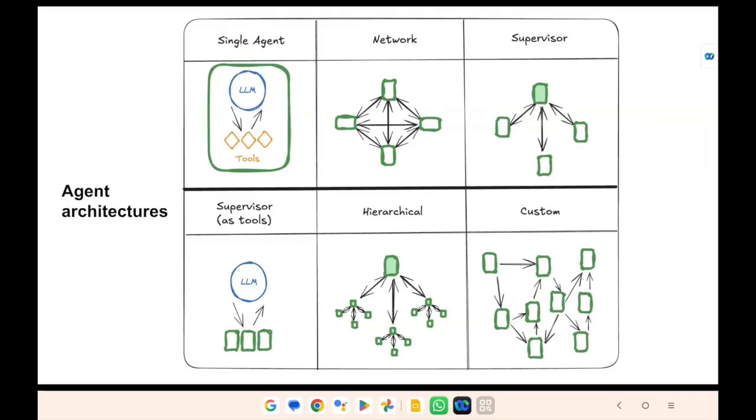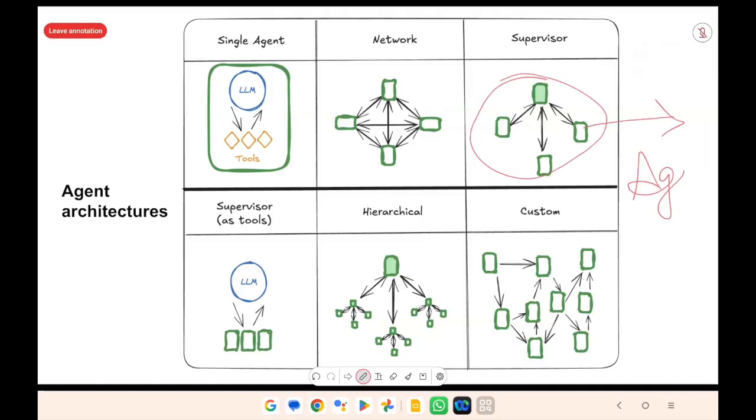Now, if you take a supervisor framework, each one is an agent in the supervisor. So it routes the task. Let's say a question is about the weather. It goes to a weather agent, or weather API agent, which will give the answer, and we get that to the user. So in the supervisor framework, there is no tool. What I mean is, this one is a supervisor framework. This is an agent. And here everything is tools.